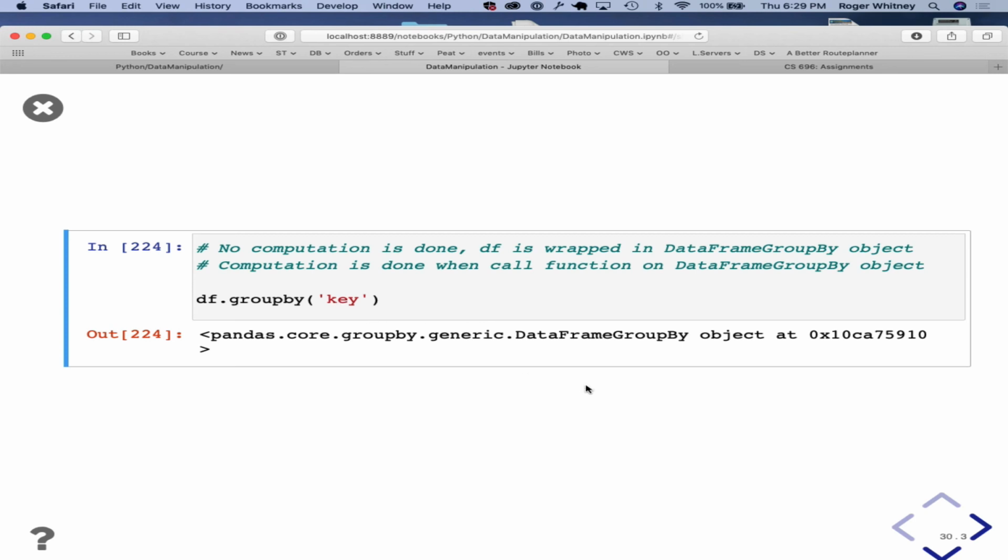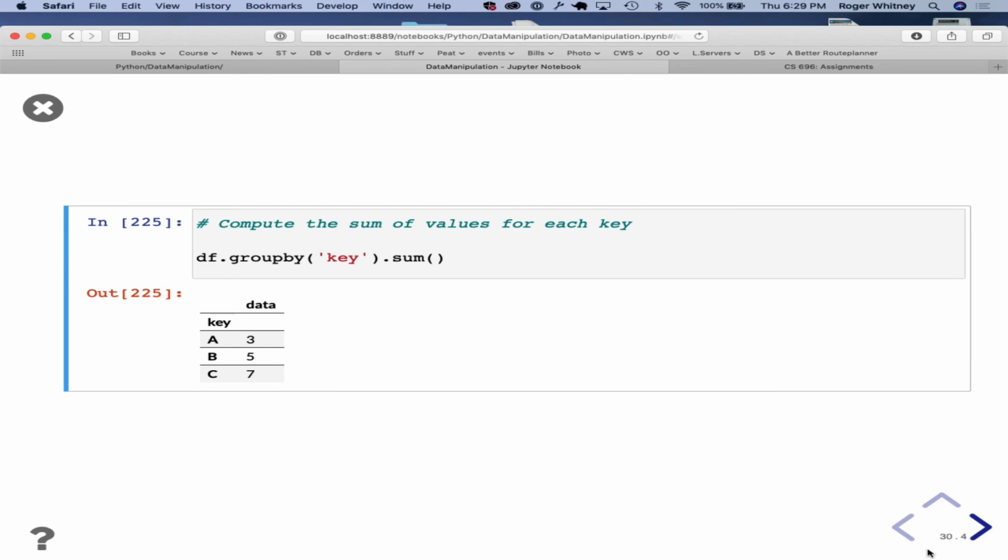You can group by key, and then now compute the sum, right?